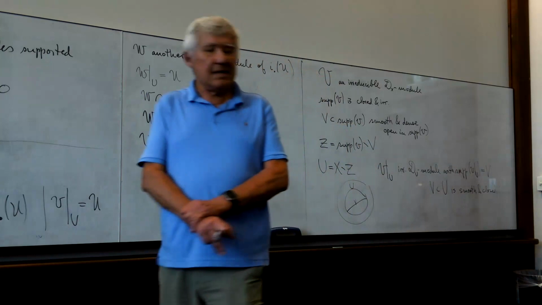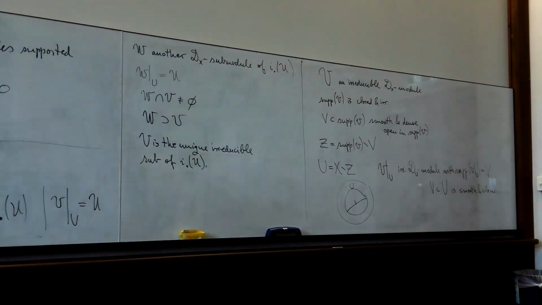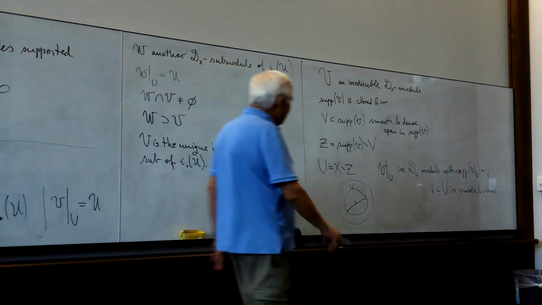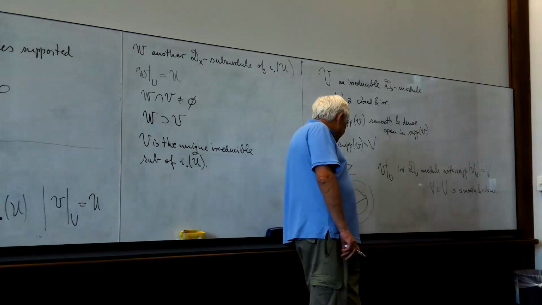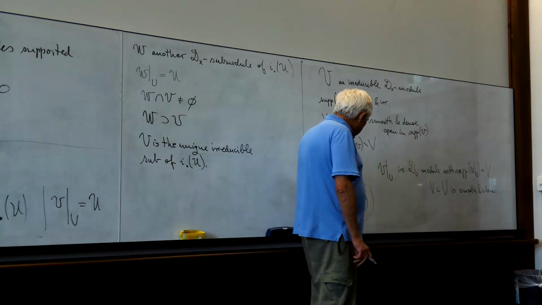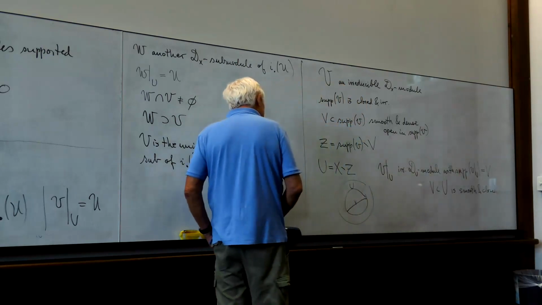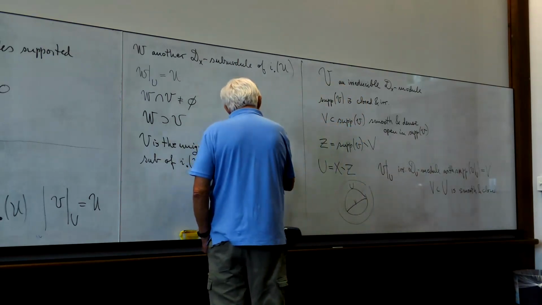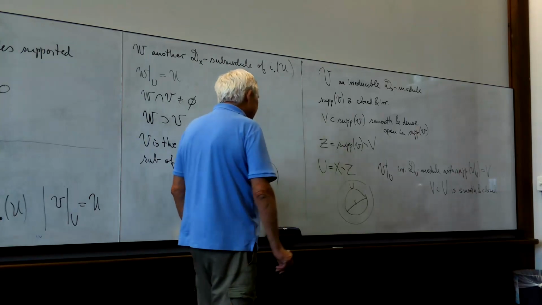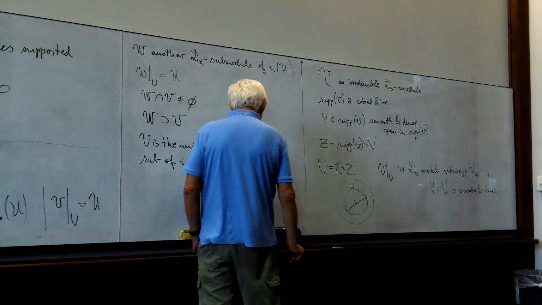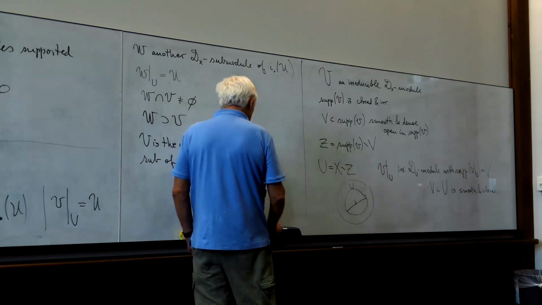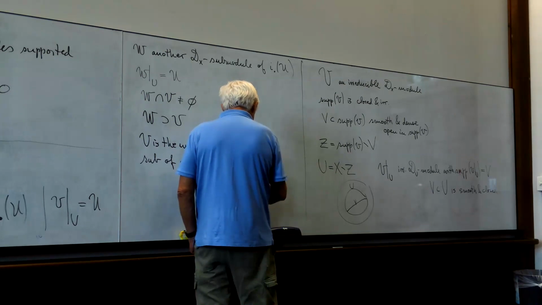Okay. So now, what do I know? I know that my D module here is irreducible. But if I look at this picture, I see that in the following situation we have a smooth variety and an irreducible D module, which is supported on the closed